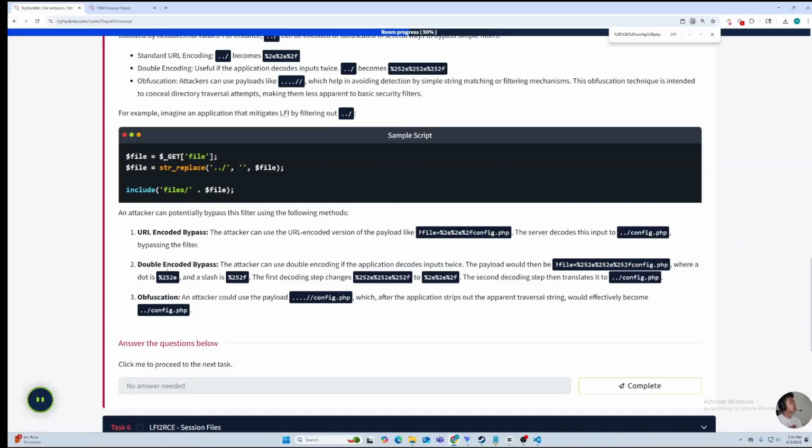We can also URL encode the string, which then becomes this string right here. Notice that this is not encoded, which is fine in this case, but sometimes you may encode this period or this dot right here. All right, and an attacker could use the payload